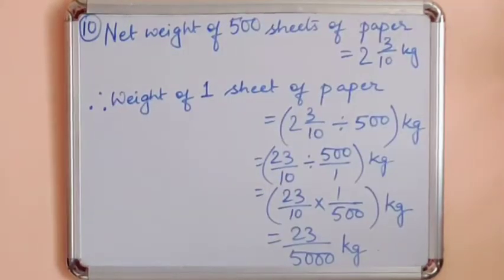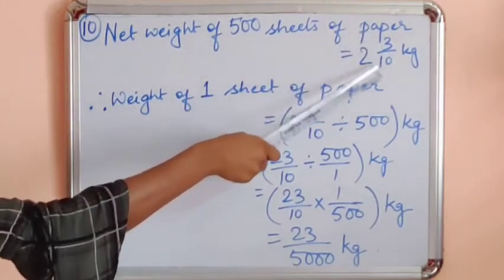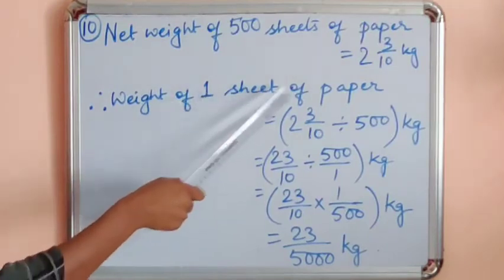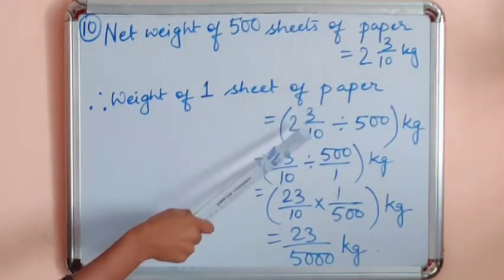Now look at question number 10. A bundle of 500 sheets of paper has a net weight of 2 3 by 10 kg. Find the weight of one sheet of paper. So here net weight means total weight. So total weight or net weight of 500 sheets of paper is given 2 3 by 10 kg. So for calculating weight of one sheet of paper, we need to divide these two. So this is equal to 2 3 by 10 divided by